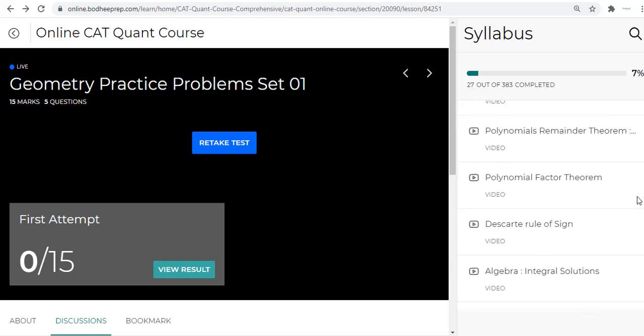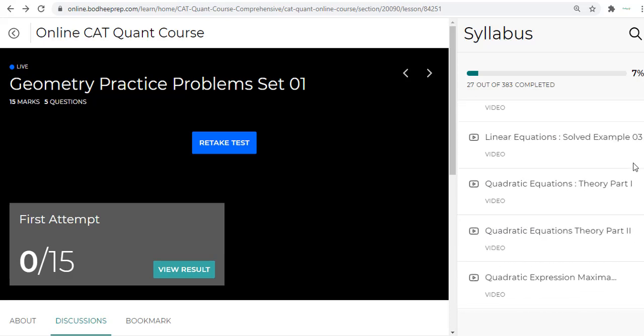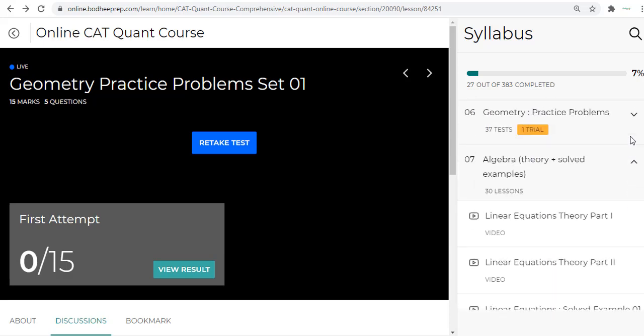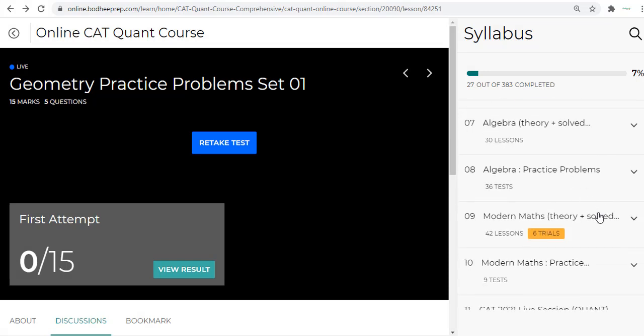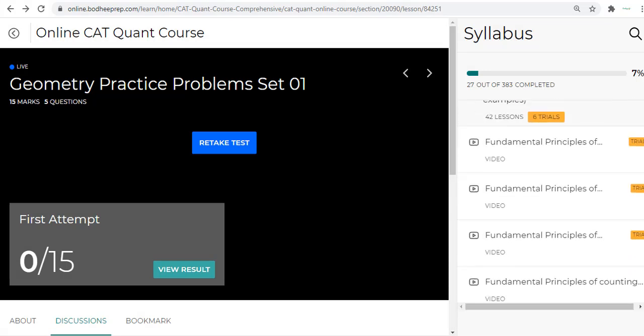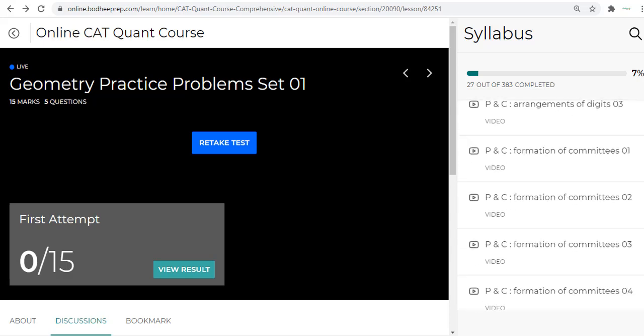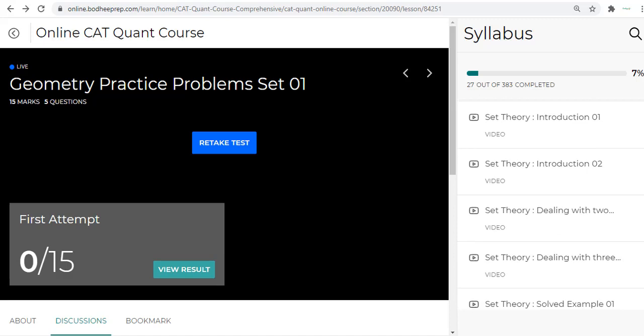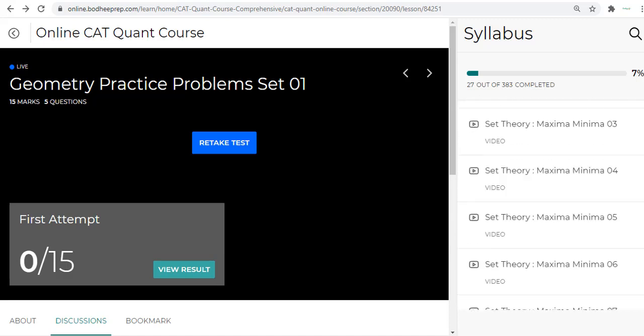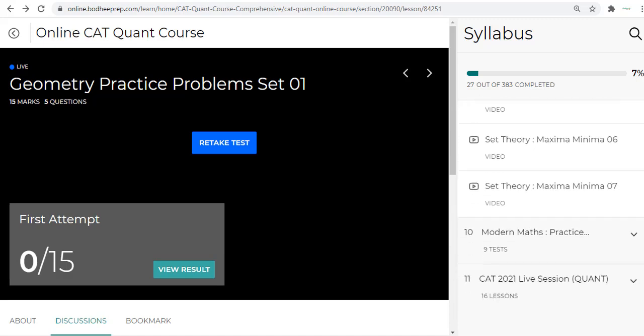So everything looks like a book. As you buy a book and you have all the table of contents in a given order, you have to just follow that. And you have modern maths, so algebra, practice problem, then you have modern maths. So within modern maths you have fundamental principles, PNC, and then you will find there is set theory inside, so PNC, lots of things, set theory, lots of things, and finally you will have modern maths practice problems, and towards the end you see that there is live session